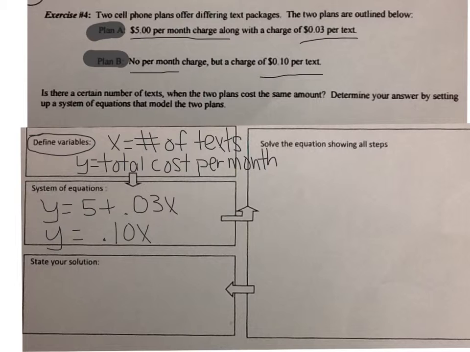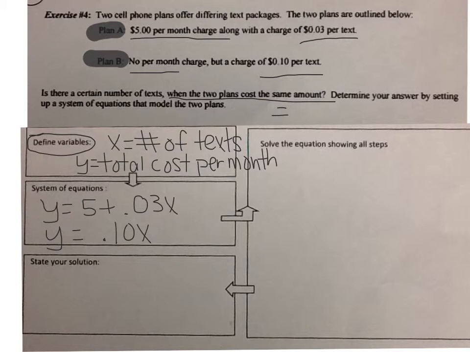What are we trying to figure out here? If you go back and you read the question, it asks you, when the two plans cost the same amount. Well, we know that in math, the word same means equals. So we could take these two equations and set them equal to each other, but you guys have learned that